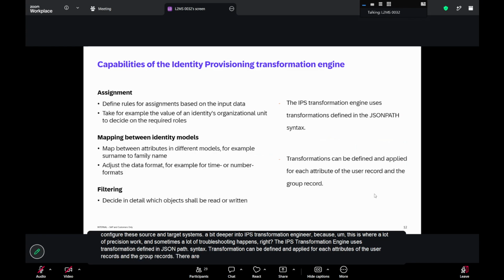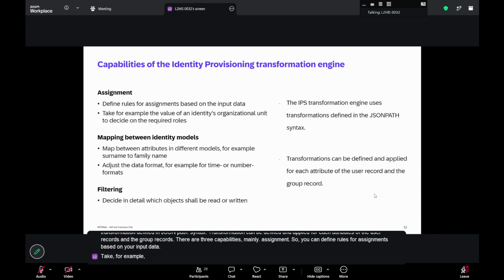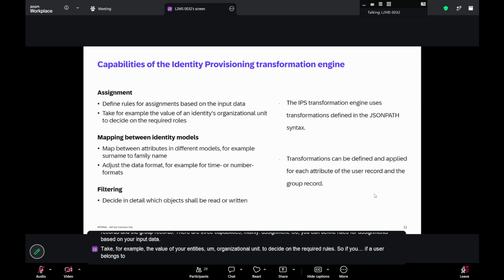There are three capabilities, mainly assignment. You can define rules for assignments based on your input data. Take, for example, the value of your identity's organizational unit to decide on the required roles. So if a user belongs to the finance department, you can automatically assign them finance related roles in the target